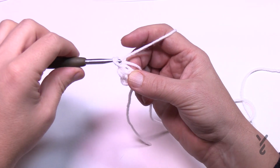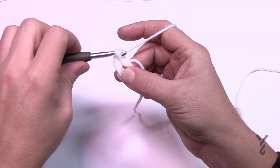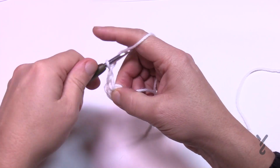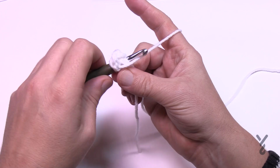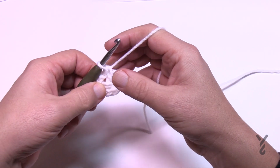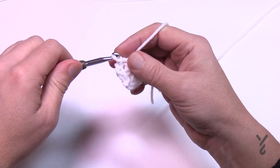To begin we need to chain 1 first. Then we're going to single crochet into the ring, and then we need to already turn a corner. So the corners are going to be chain 2, and then you're gonna single crochet back into the ring. You need a total count of these 6 single crochets in the ring with chain 2s that separate them. So you're gonna chain 2 and then single crochet back in. So chain 2,